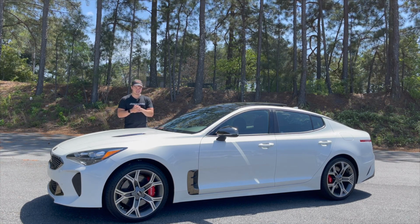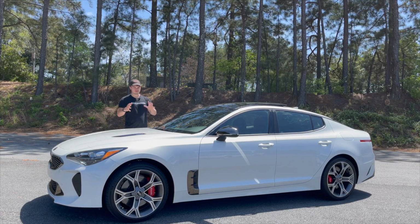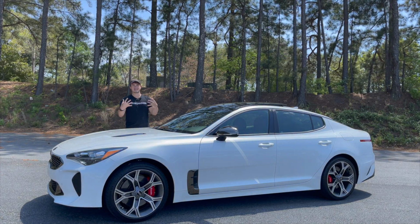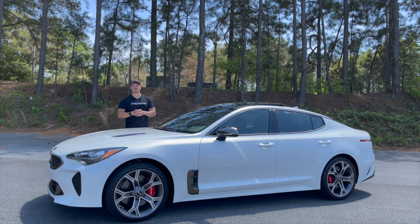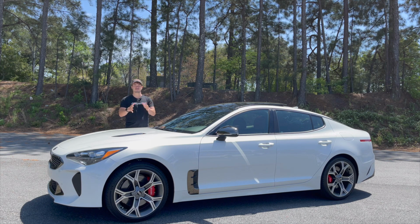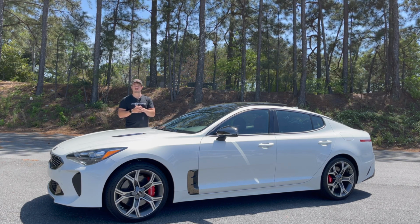So one of those things was this. This is a 2021 Kia Stinger all-wheel drive GT1 trim. This is our Stinger GT1. Me and Rachel both had a K5 and a Kia Niro, and we traded them both in on this car because, as you guys know, I have my Lincoln Navigator. So now we have two cars,